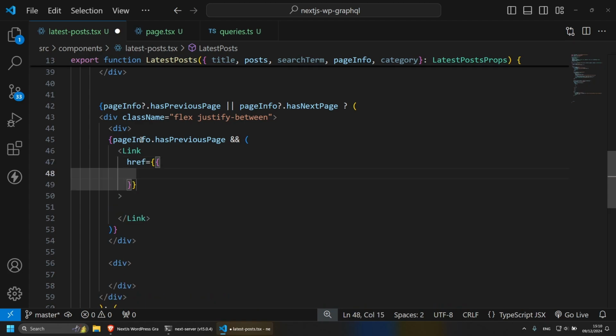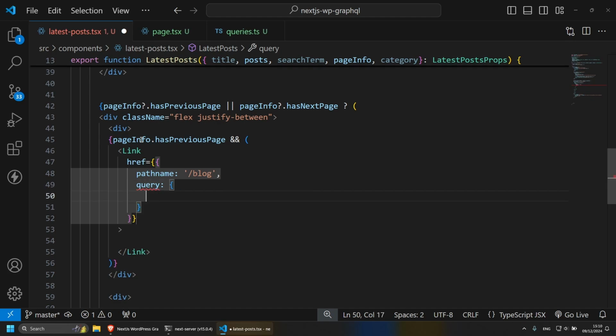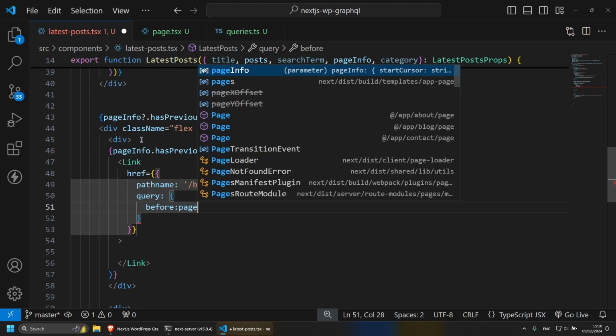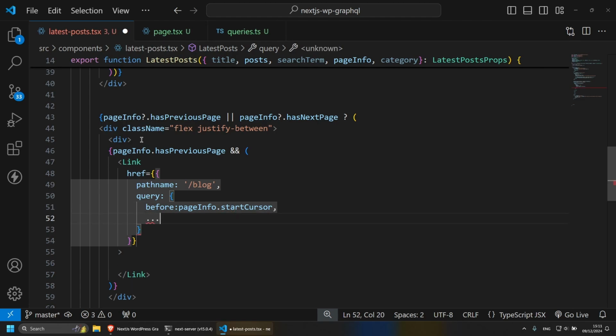So we're going to do path name, and then this is going to be set to /blog, add a query to it, so query, and this is going to be before page info and then dot start cursor, and then we're going to spread this to